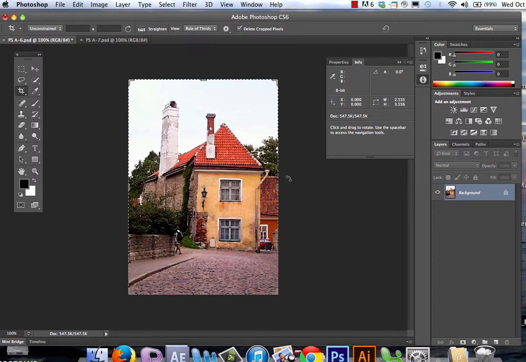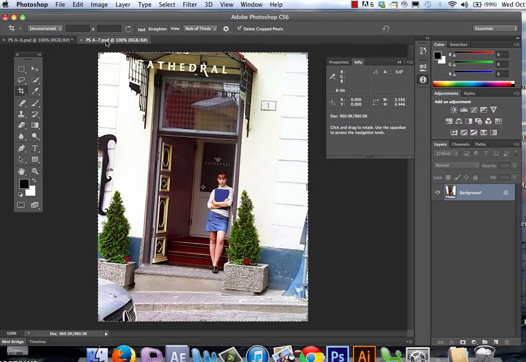You can also do what's called cropping an image to a specific size. And again, I'm going to just go ahead and go over to the image that I'm going to show you in that particular perspective. Again, this is just a postcard of a female standing in basically a door frame. So again, we have our crop tool still selected. What you want to do is specify a specific size. So you're going to type in this area here